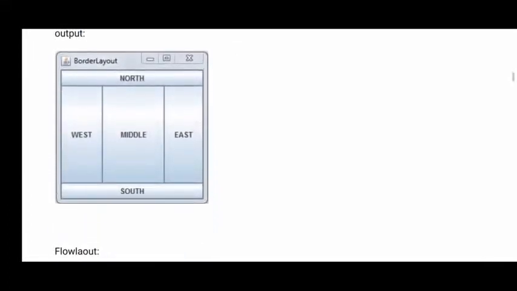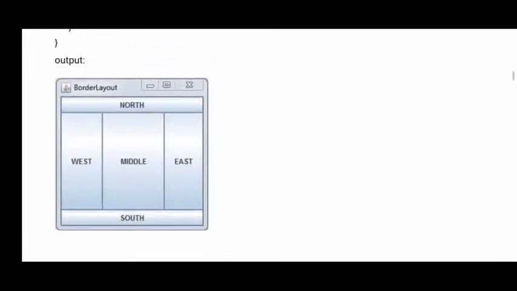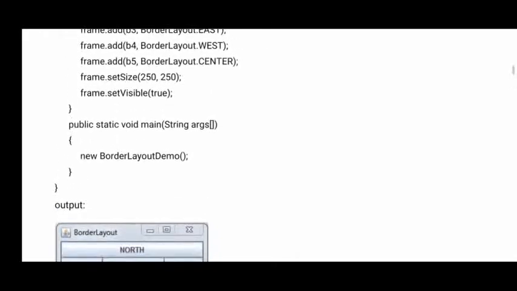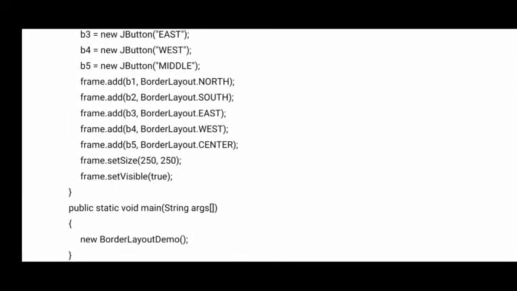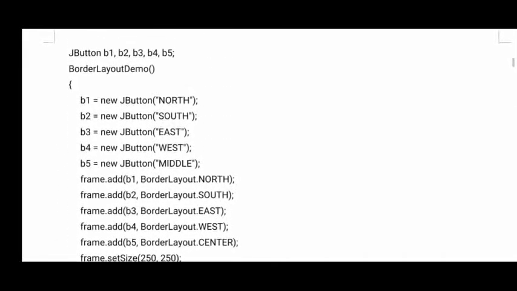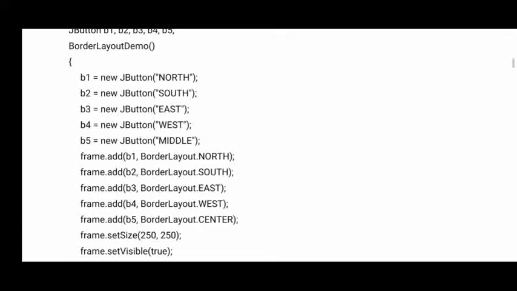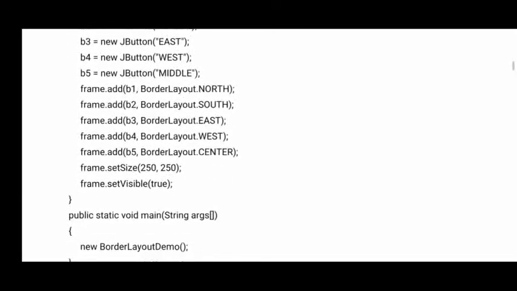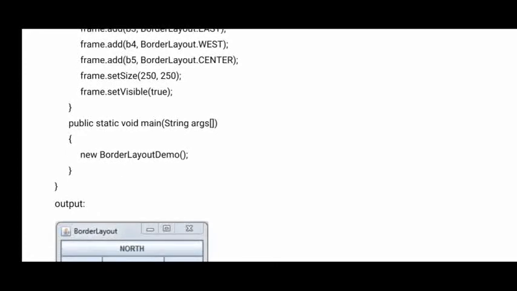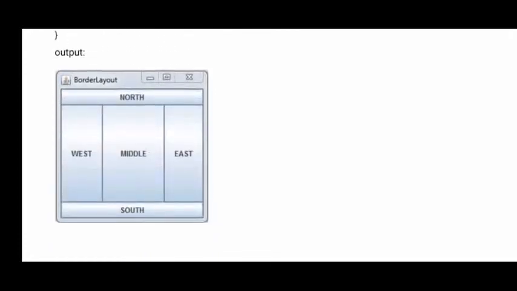You can see here total BorderLayout I have given now. So for this BorderLayout, the window size is 250 pixels. Now setVisible true. This type of program I already explained in the last class. Okay, so first we are creating a frame object. Next we are creating objects for the components, and we are adding those components to the frame using the add method. That's it. See here, first button north side, second button south,